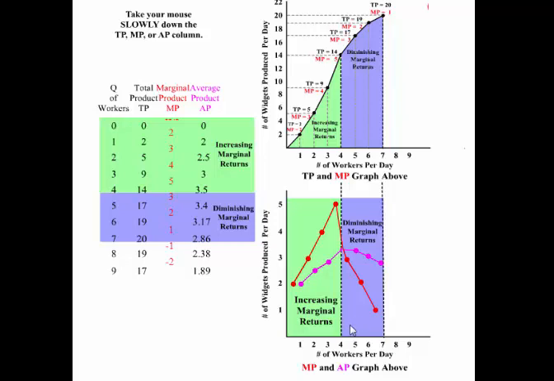Between the 4th worker and the 7th worker, we have what's called diminishing marginal returns. As you add more and more of a variable input, which is a wage worker, to some fixed input, the additional output goes down. And then if you hire the 8th worker, your marginal product is -1, which pulls